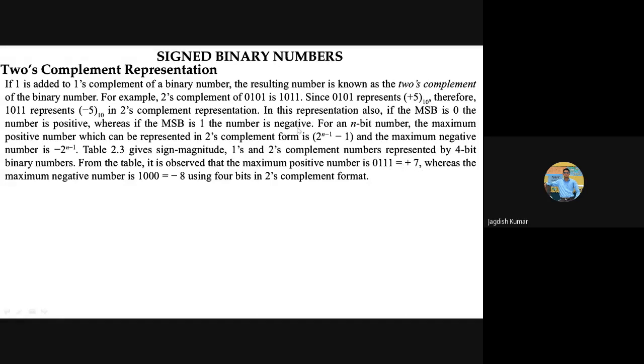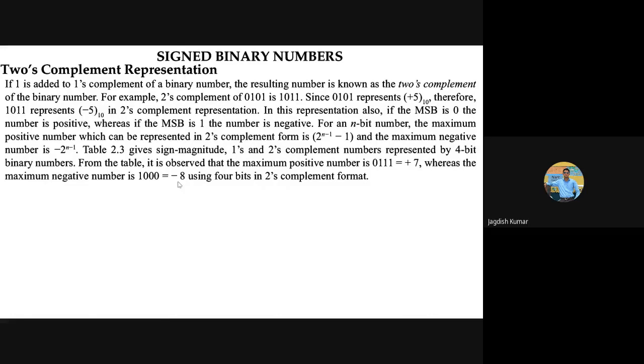Whereas in 2's complement, the largest negative number will be -2 raised to the power n minus 1. So in this case, 1000 will be -8. What was this in case of 1's complement? Now you need to ask yourself, what was 1000 in 1's complement? So here we are finding that in 2's complement we can represent one additional number, correct?